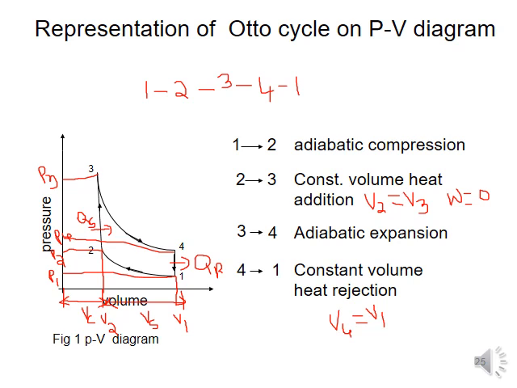In the next class we will discuss how the Otto cycle works, that is, how the piston moves from TDC to BDC and BDC to TDC. We will see one animation, the PV diagram and the representation of the Otto cycle on a PV diagram and TS diagram, where T means temperature and S is the entropy. Then the sequence of operations of an Otto cycle: 1 to 2 adiabatic compression, 2 to 3 constant volume heat addition, 3 to 4 adiabatic expansion, 4 to 1 constant volume heat rejection.